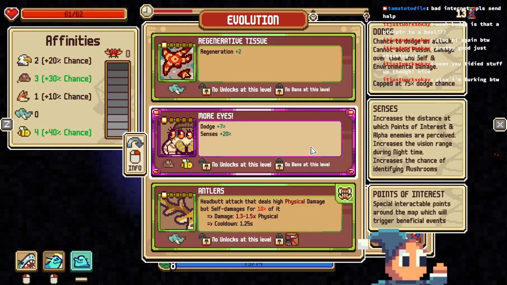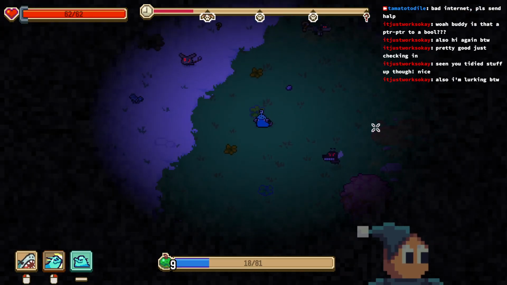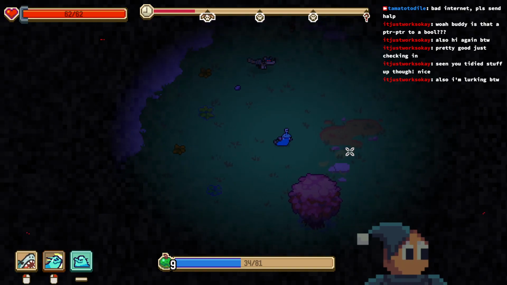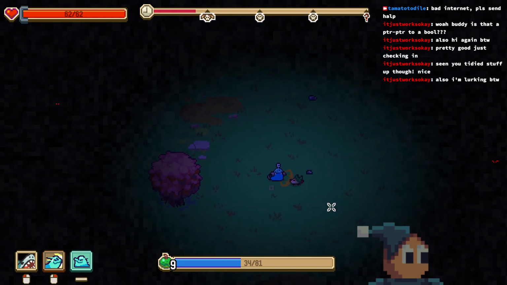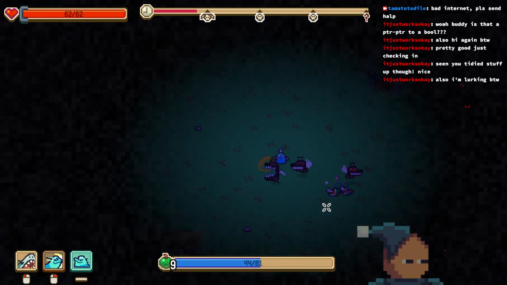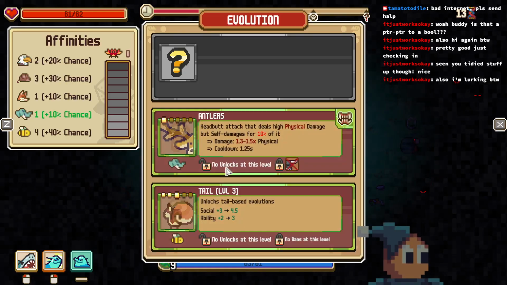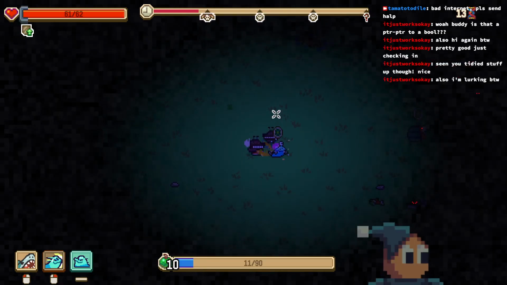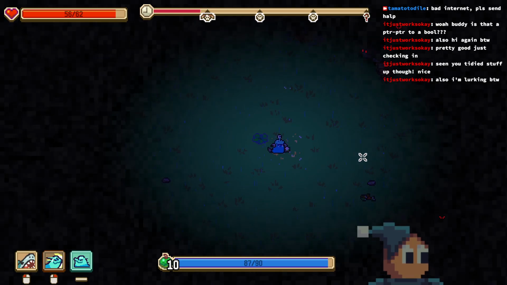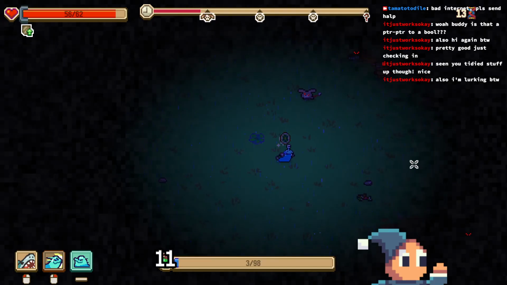Generative tissue, more eyes, antlers, more eyes. Shoot. Atlas saliva. Scavenger.